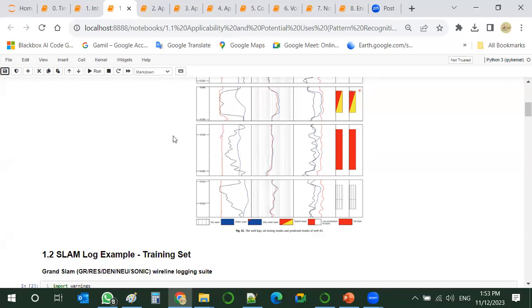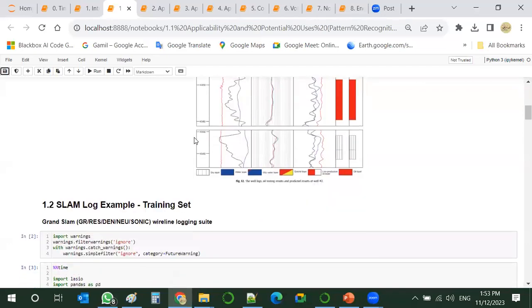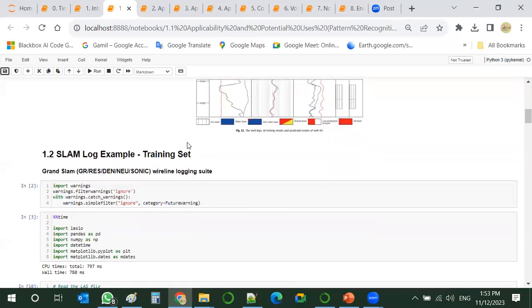So this can be solved by different techniques. One of them is pattern recognition. So we'll see here, this is the Grand Slam wireline logging suite. So we have this training set.